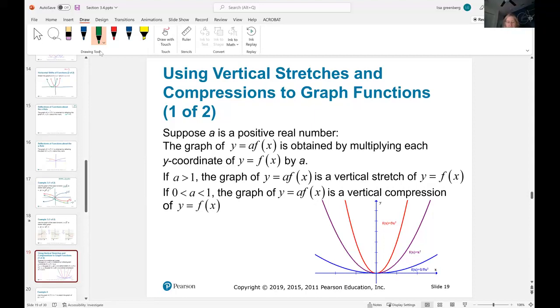Like if you gain weight, you get horizontally wider. You don't get vertically shorter. So I don't like using parabolas. It's hard to tell, but this is a decent picture because